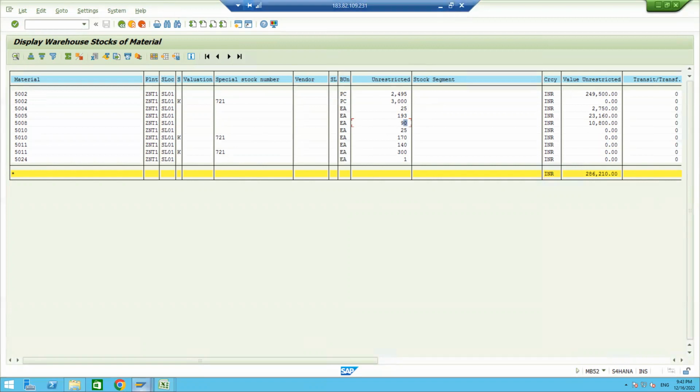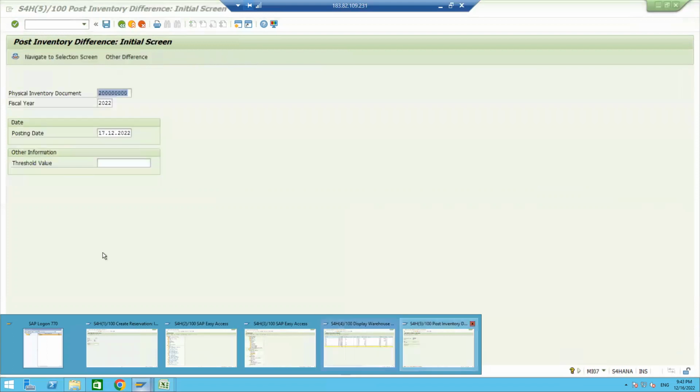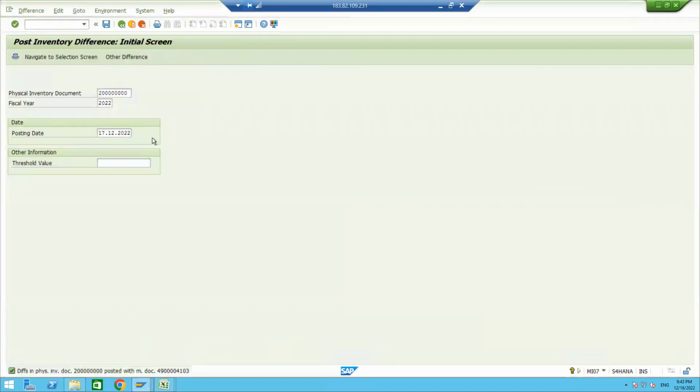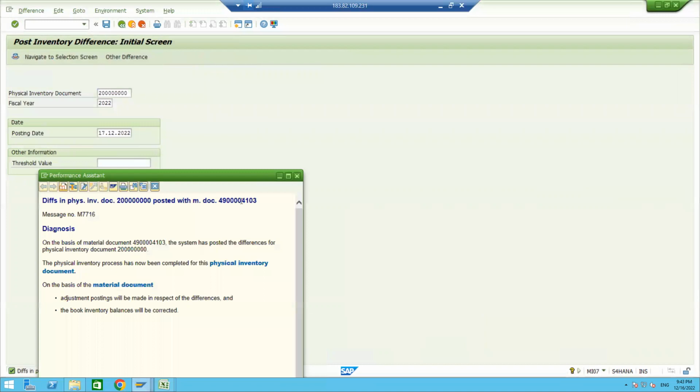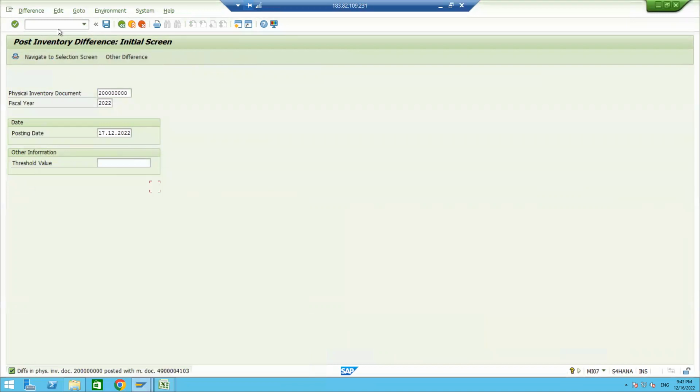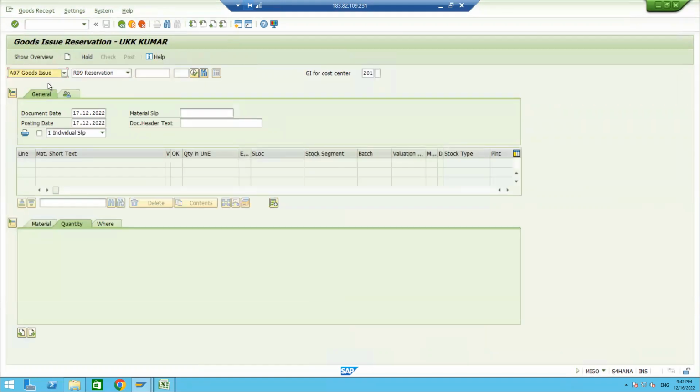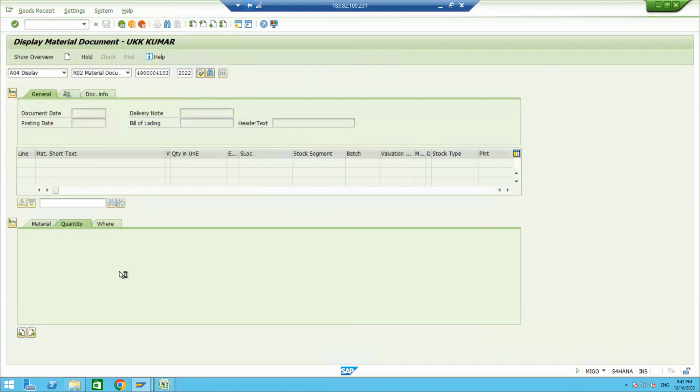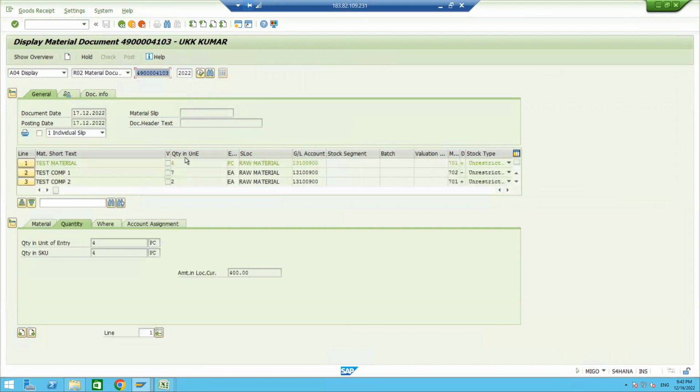If you want to display the material document number, whatever you have posted, how much is the difference, what is the movement type, go to /n MIGO and display the material document. Press enter. The system will show all the required details. These are the material documents you have posted. I can see 701 means plus, means your system stock is